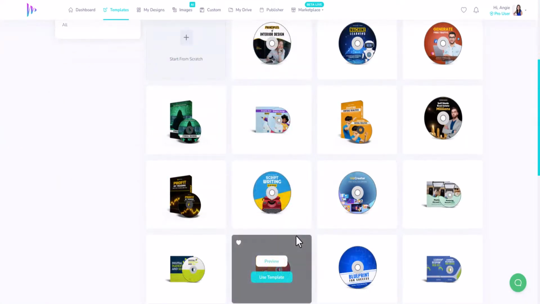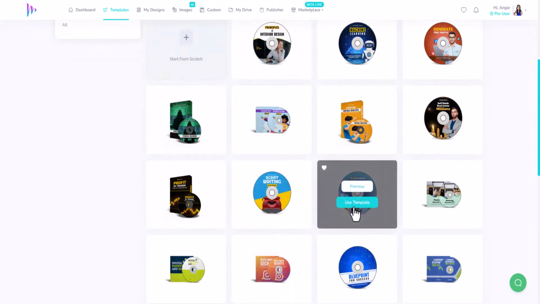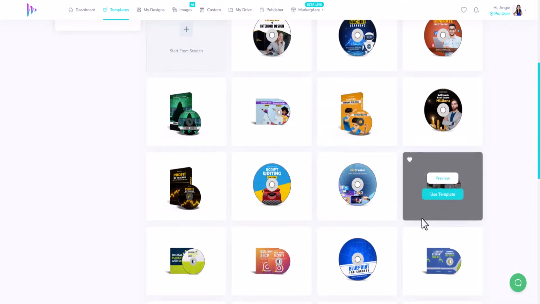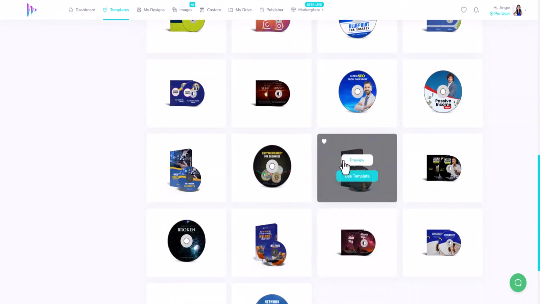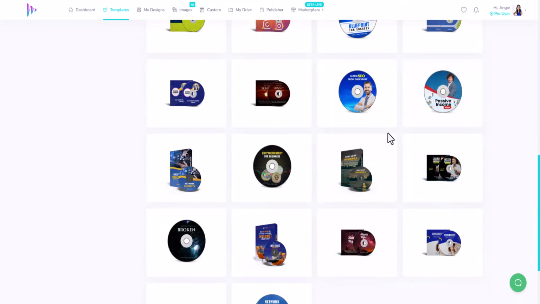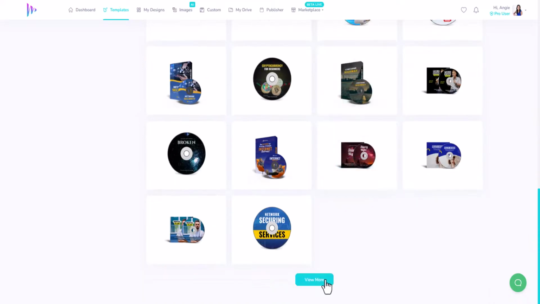And you guys want to do a CD? Let's do a CD. Let's see what happens. Now this time what I'm going to do is create it from the template, and instead of uploading something, I'm going to use the template and add my picture. So which one would be good? Let me click view more,